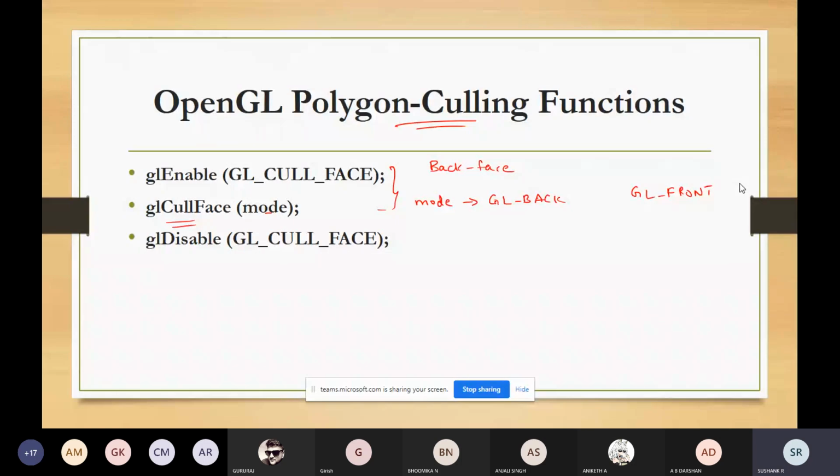We have already revised these functions under polygons, where I showed that you can see the polygon in terms of points, in terms of lines, and in terms of faces, and the default value for this mode was GL_FRONT_AND_BACK.